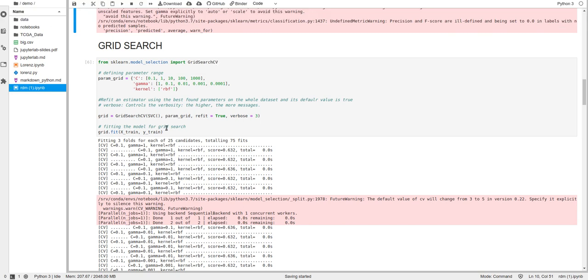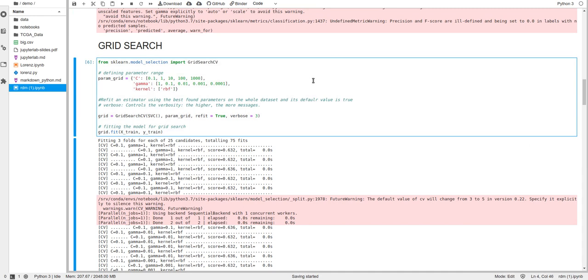Now we will train our model by using fit. Fit will help to find the best parameter combination, the thing which helps to increase our model accuracy. The thing used here to find the best parameter combination is grid fit.